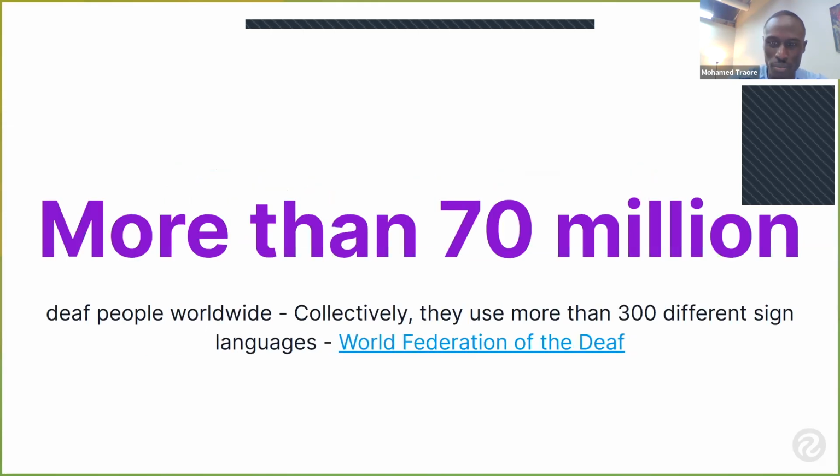And there's more than 70 million deaf people worldwide. Collectively, they use more than 300 different sign languages. So it's one thing for us to solve for the factor of having a sign language detection model, but it's another thing when we want this model to be generalizable to multiple people, so that we can tell what the hands are, no matter what the color of the hands are, no matter what the size of the hands are, no matter if those hands have